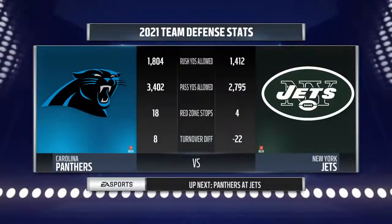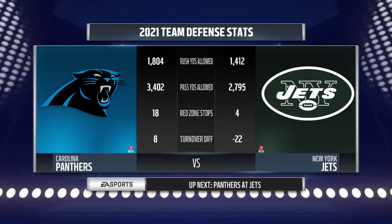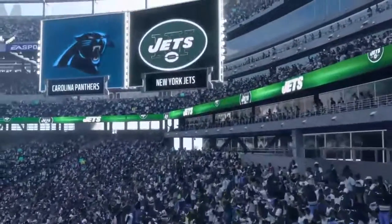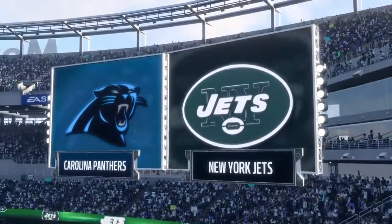Everybody, I'm Larry Ridley. Welcome to the NFL on EA Sports. In today's matchup, passing may be at a premium, at least for one side. The Jets are #1 in pass defense, and they're going up against the Panthers offense that knows they'll be challenged. So for the call of this week's 17 matchup, let's send it out to our broadcast team, Brandon Guyton and